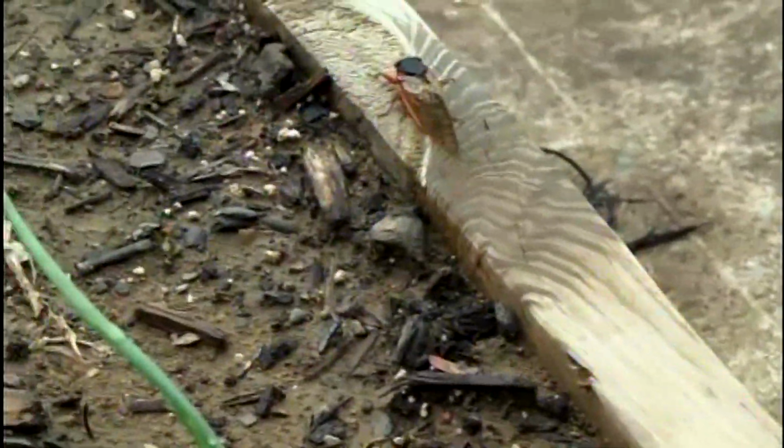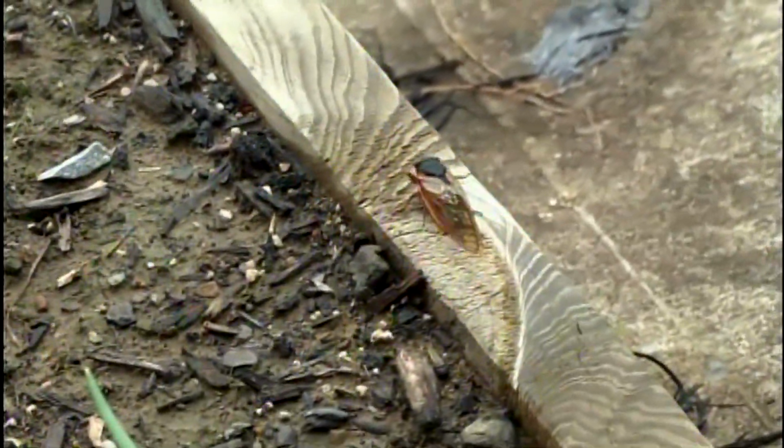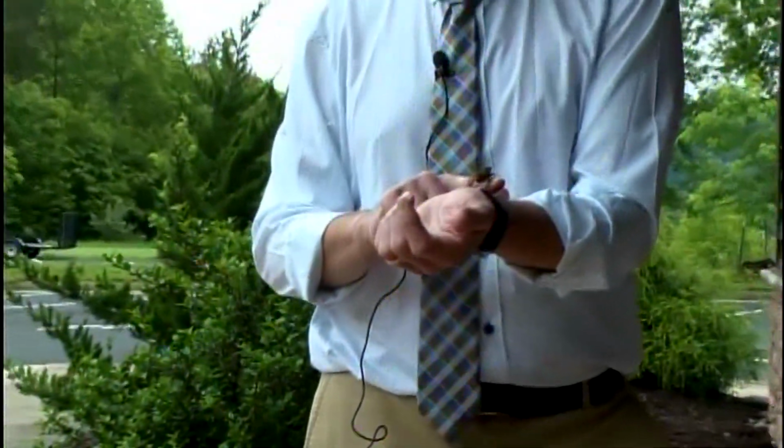This one kind of reminds me of the old Whitesburg High School. It's got the orange and the black, but the annual ones are that mint green, and just a fascinating insect. And if you want specific information on them, if you call the office, we've got a publication on periodical cicadas. It'll tell you when each of the different broods are going to come out, and they give different names for